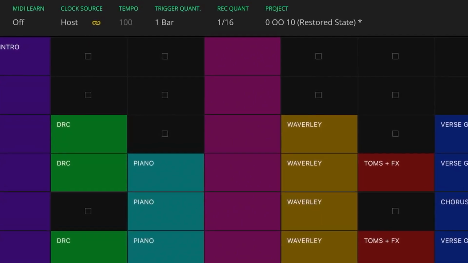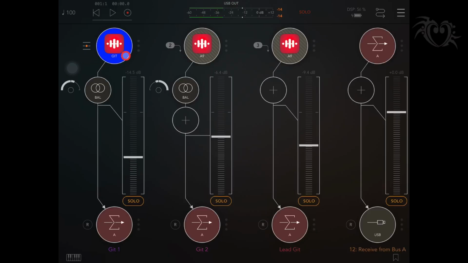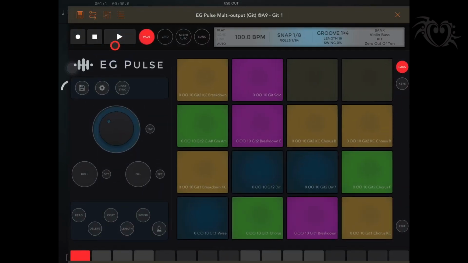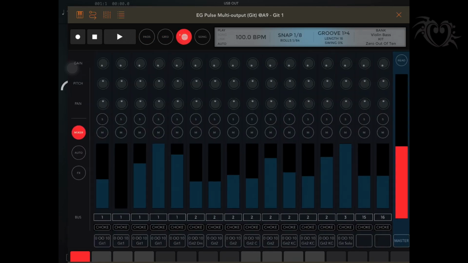That works like this. So the main instance of EG Pulse is here. Now EG Pulse has 16 output buses available, and I'm just using 2 of them here so that I can have a track to mix guitar 1, guitar 2 and lead guitar over here. Just makes it a little bit easier to mix, although inside of EG Pulse it does have its own mixing desk,